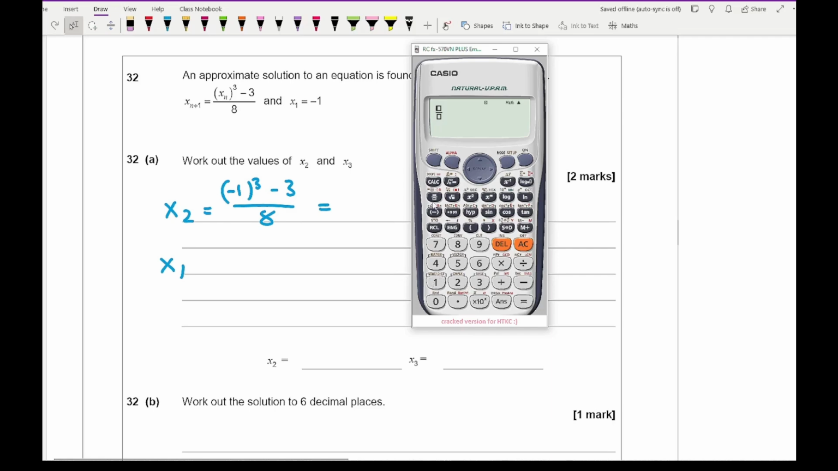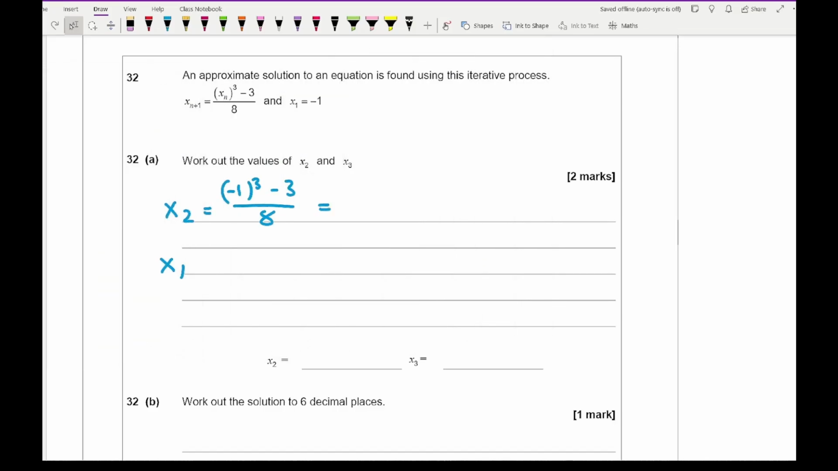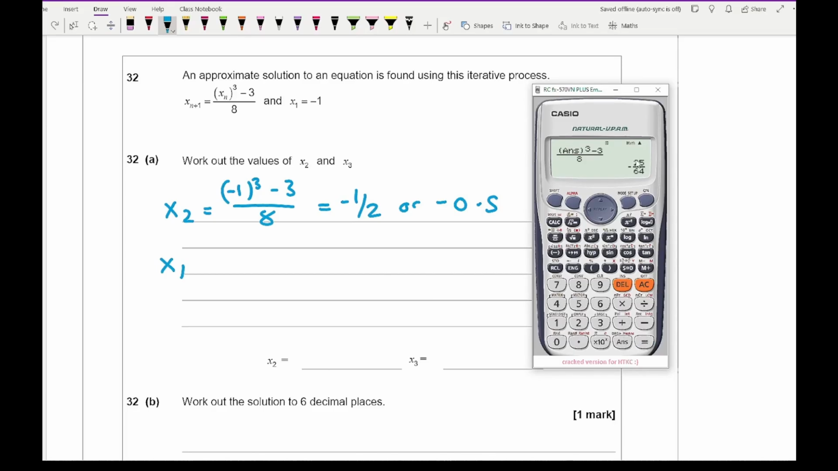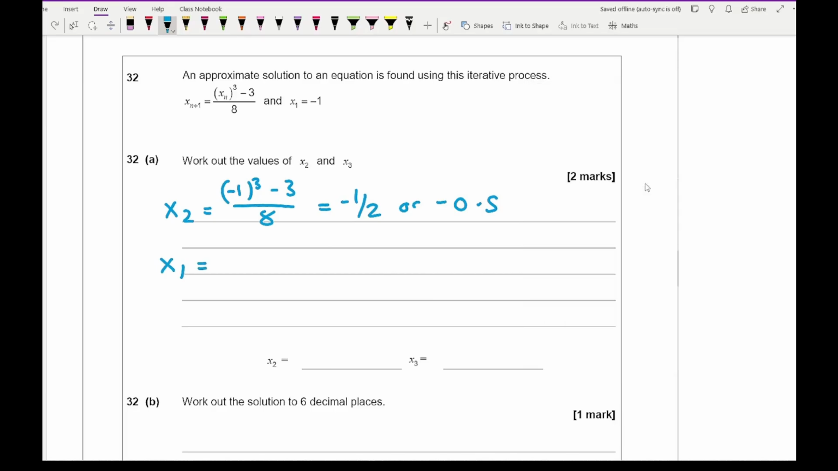So this then becomes bracket and close bracket to the power of 3 minus 3 all over 8. Then if I press equals, my first answer for x2 is -1/2 or minus 0.5. Then if I bring the calculator along, the next time I press equals, it gives me 25 over 64, which as a decimal is